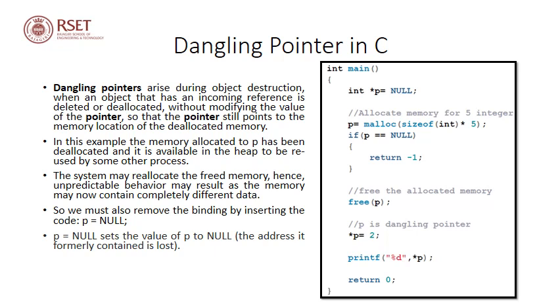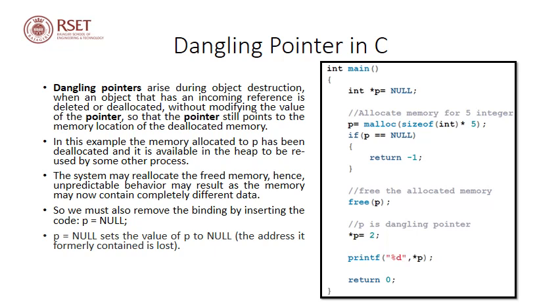What if the heap does not contain this 20 bytes of memory? In that case, p will still have the value null. So we are just checking if that much memory is available and it is allocated, and p points to a valid address. Next line, so if everything happens well, it will go to the next line, free of p.